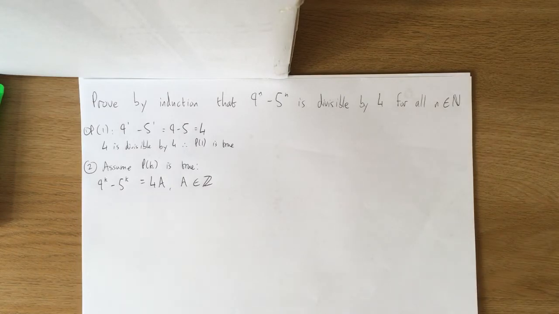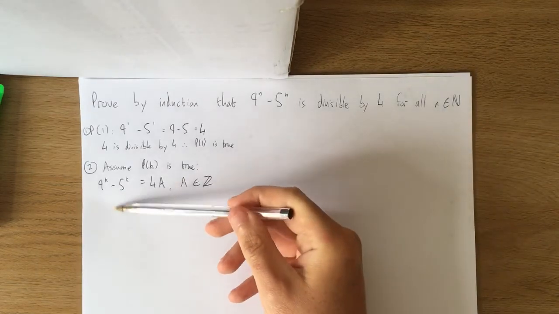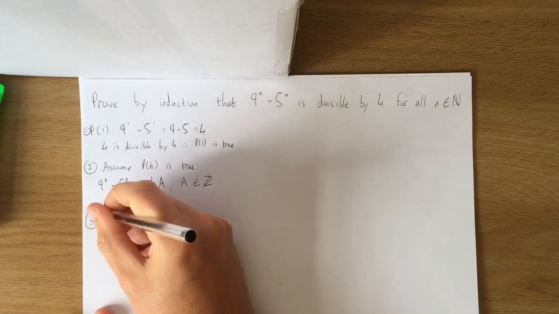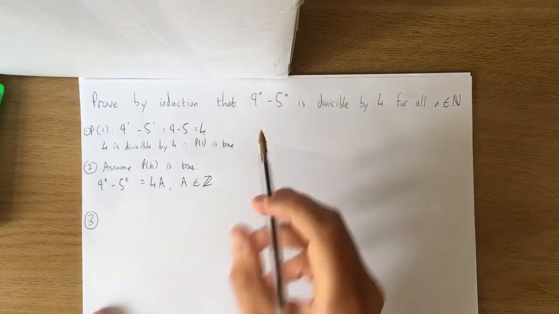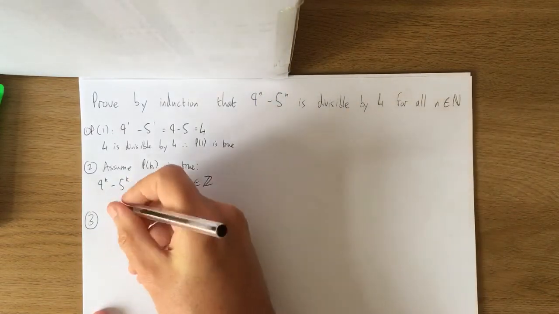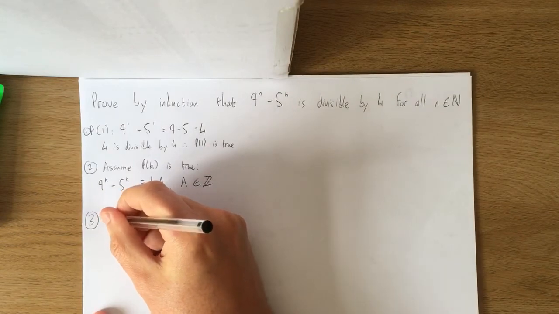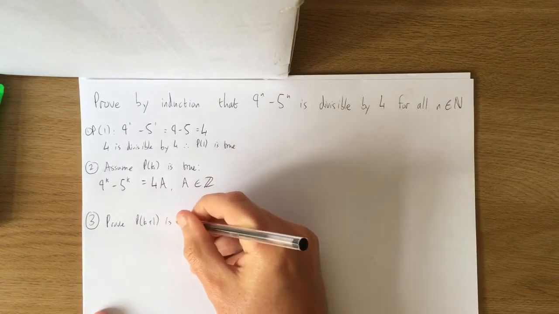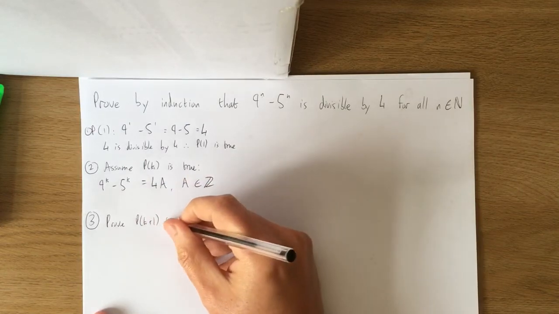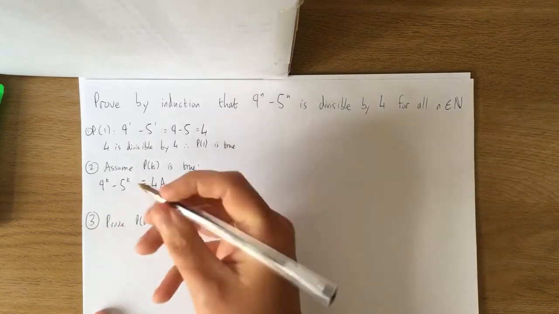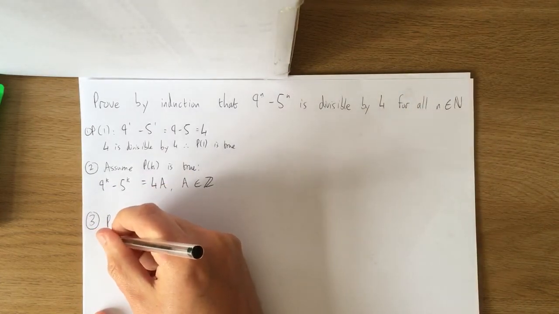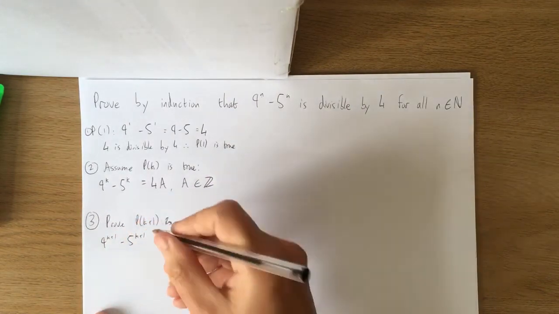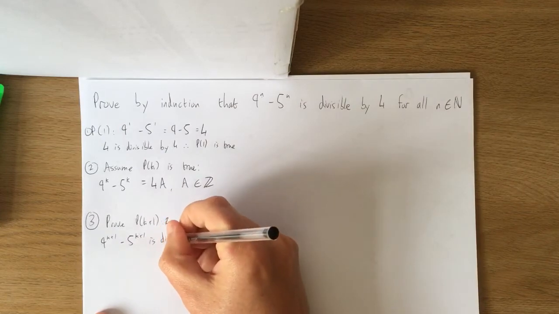Grand. All right. So we know we're going to need our step here. Again, I'll just leave it and kind of start into my step 3 first. So what do I do here? I do 9 to the K plus 1. Sorry, so write out what the step is. Prove P to the K plus 1 is true, or just prove P to the K plus 1. So 9 to the K plus 1 minus 5 to the K plus 1 is divisible